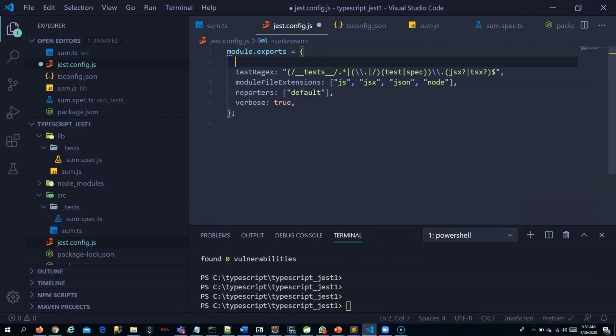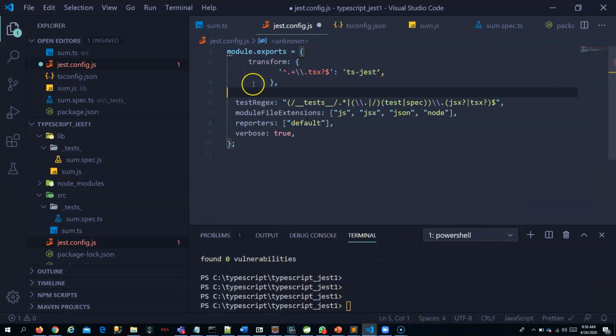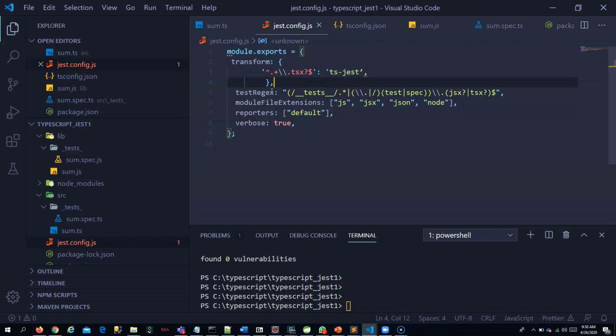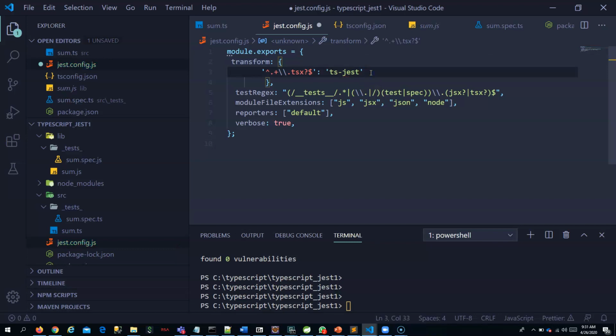You just mention this in the Jest configuration.